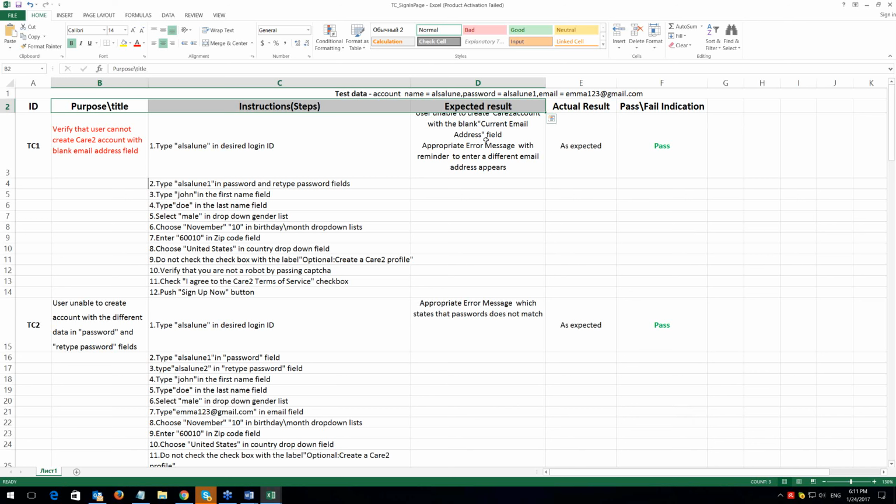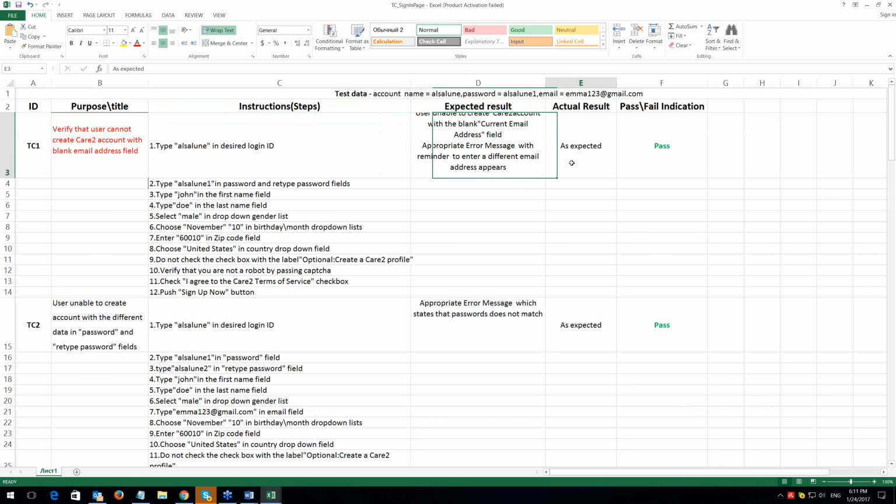So, at the same time, we write test cases and we execute them. And this is why it is absolutely correct now, in this case, to write the actual result and pass or fail, or the status.